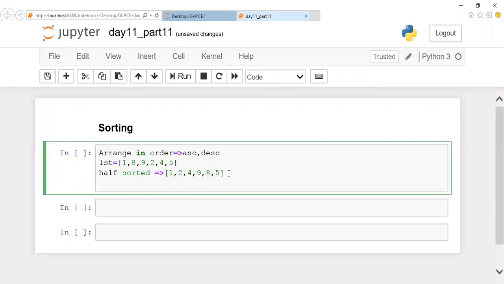And what else can I say? Alternate sort. In alternate sort you can notice that you'll be getting an answer like 1, 9, 2, 8, 4, 5. What is the logic they are trying to implement here?